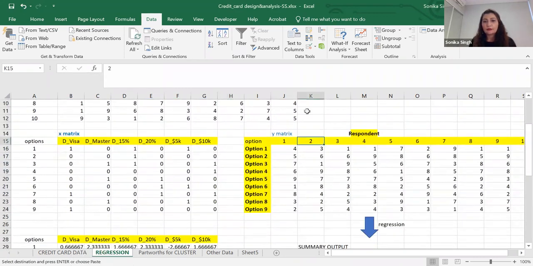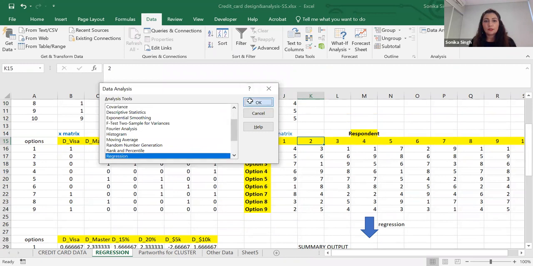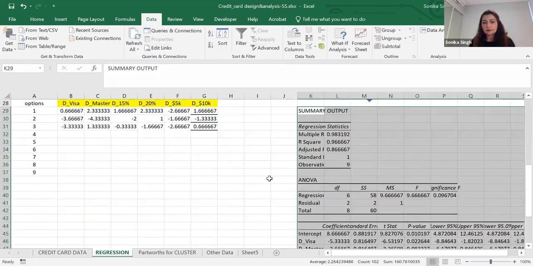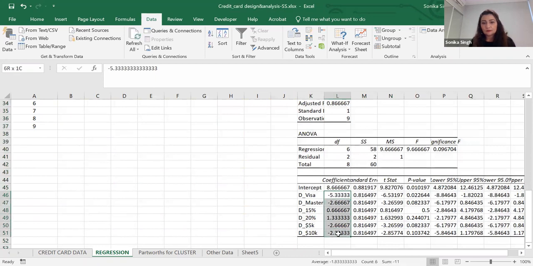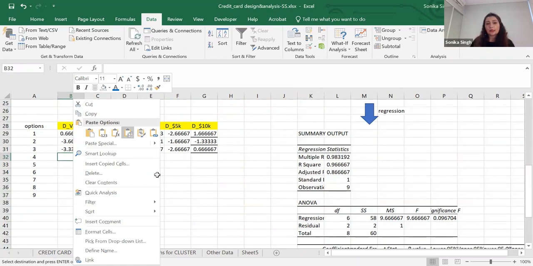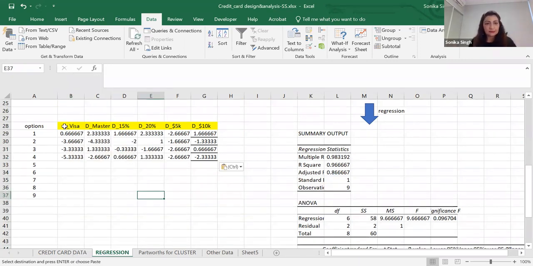And finally, for the 4th respondent, I'm going to take this data and click on OK, override. Okay, so that way you can continue for all the remaining customers and you will get this data